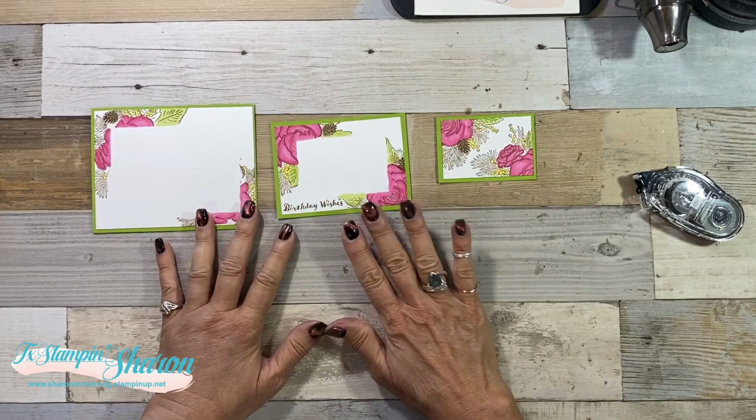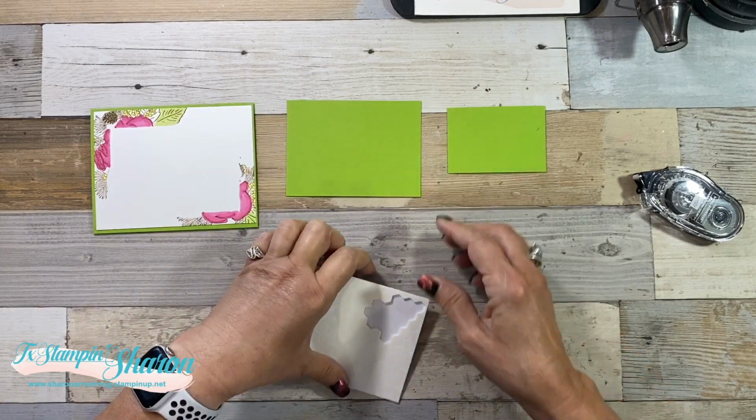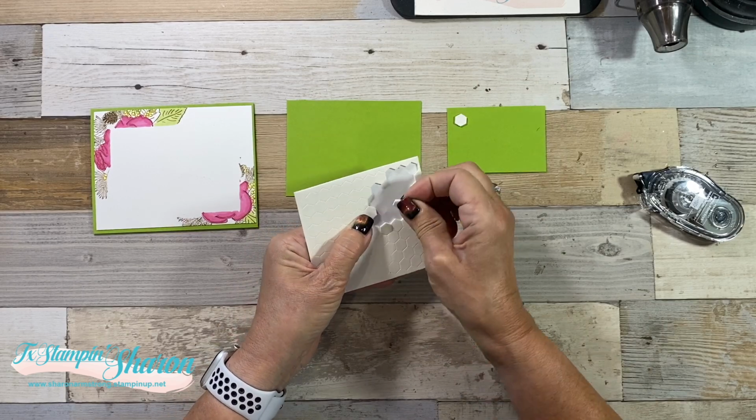So I have all my Whisper White layers adhered to my Granny Apple Green. Now, as I'm putting my dimensionals on,